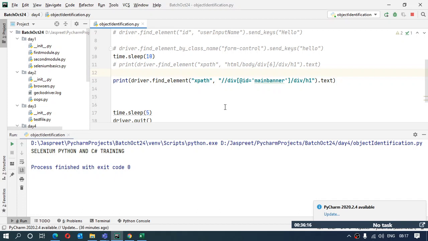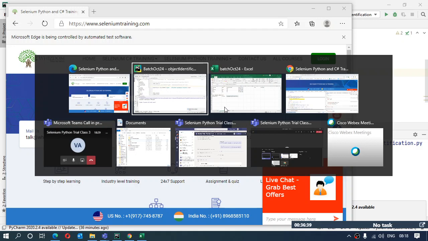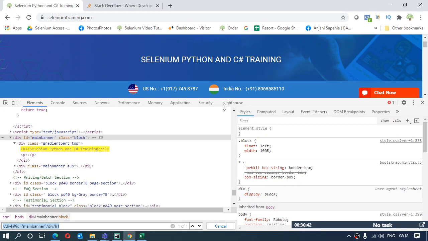Right. Likewise, you can make an XPath depending upon the attributes given. Preferably, it could be ID, name, likewise. But do not go for class name because it can create issues. So, except for the class attribute, you can look for other attributes. Right. Now, it's not that you always have to go and make your own XPath. It's really not like that. There are tools available from which you can take help.